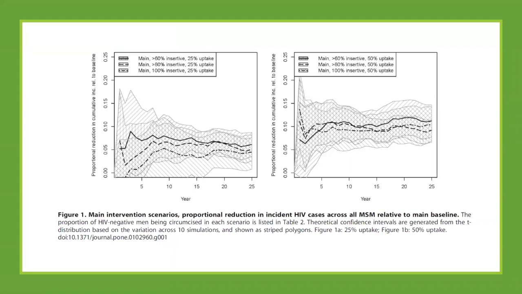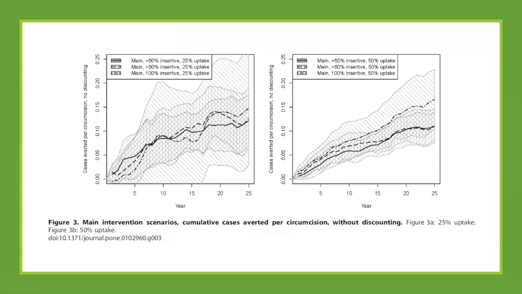So over here at 25% uptake, we're looking at something about 5% reduction in incidence overall. Not 5 percentage points, 5%, right? So it's not nothing, but it's not a whole heck of a lot. Over here, if we get up to 50% uptake, we get up to something like a 10% reduction. Things don't always work out that nice and linear in these kinds of models, but in this case they did. And we can look at it from sort of a cost perspective, which is here the cases averted per circumcision, or if we inverted, the number of procedures that need to happen to prevent one transmission.